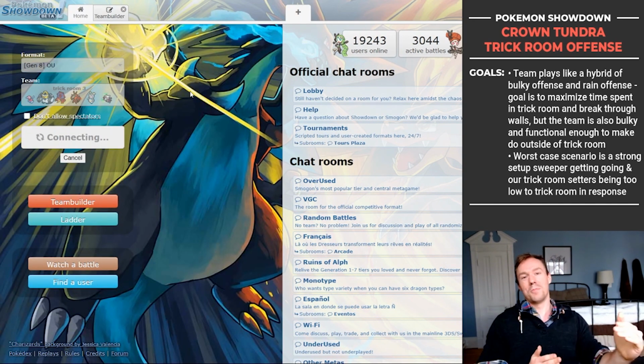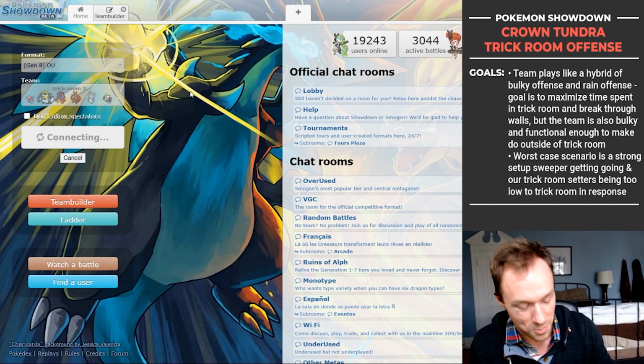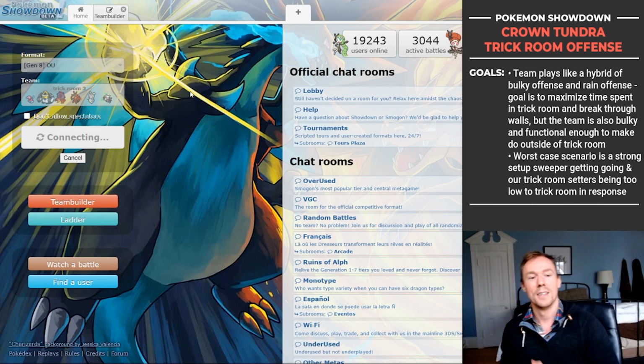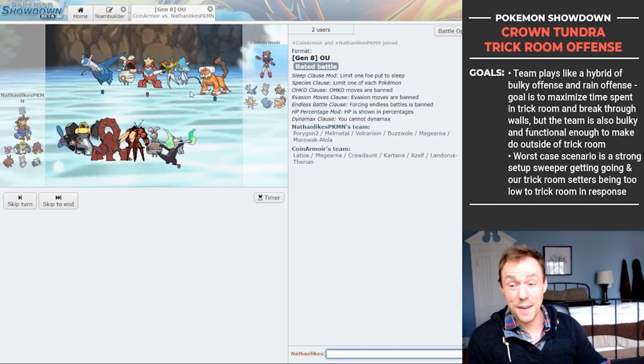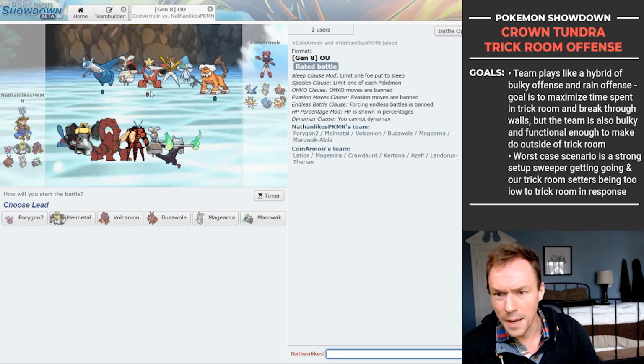If I get a flinch on someone, if I para-flinch someone down with this Melmetal, I don't care if I lose 5-0 afterwards. I just want to be able to para-flinch someone with Melmetal. I'm a simple creature. But the fact that it killed that Tapu Fini was clutch as hell. Holy crap. Okay, so